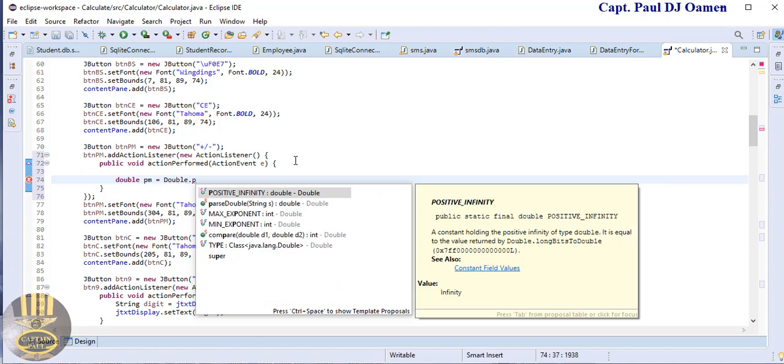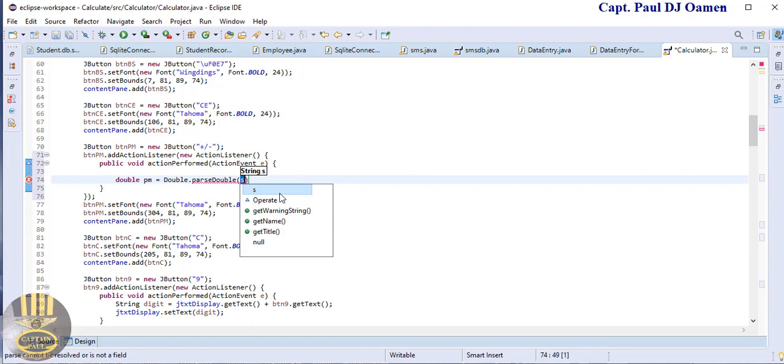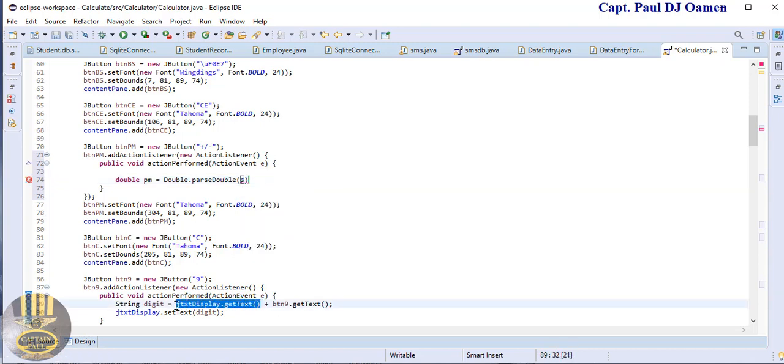I'm going to pass whatever value in there. Let's say pass double, and what I'm passing happens to be inside my text box. So I might as well just grab all of this, copy that, and just paste it right in